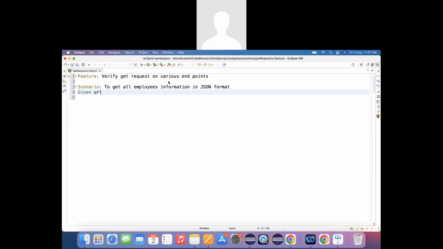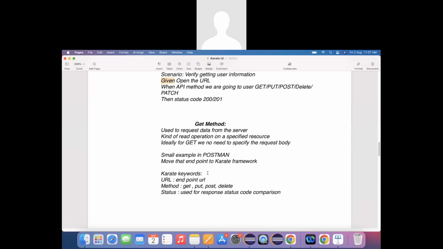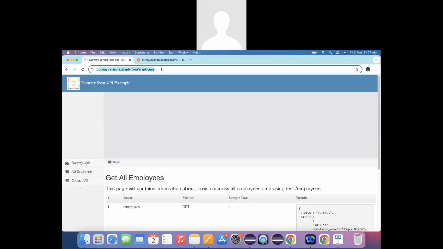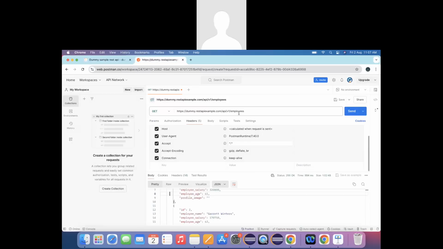What is the significance of this URL? This URL is a karate keyword. We know that the URL is a karate keyword using which you are going to specify your endpoint URL. Whatever the endpoint URL is there, you are going to specify that. So the endpoint URL, I can copy it from my Postman for my reference, and I'm just updating it here